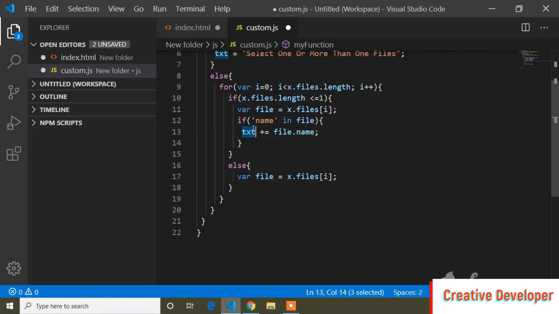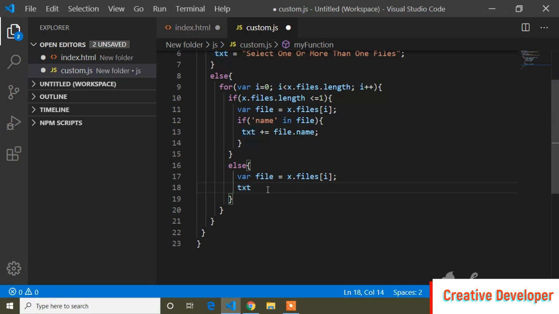And now I will copy this text variable again. That means when I'm uploading only one image, then I will print only the name of the image, so I have written here name in file. And when I'm uploading more than one image, then I will show the count of images.